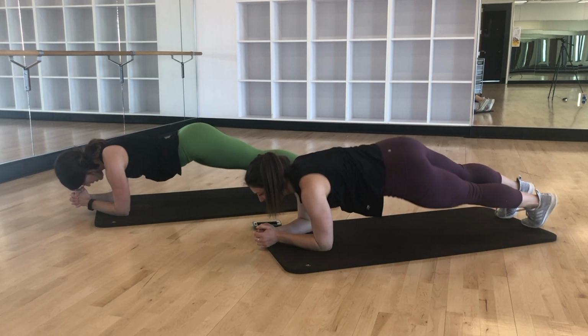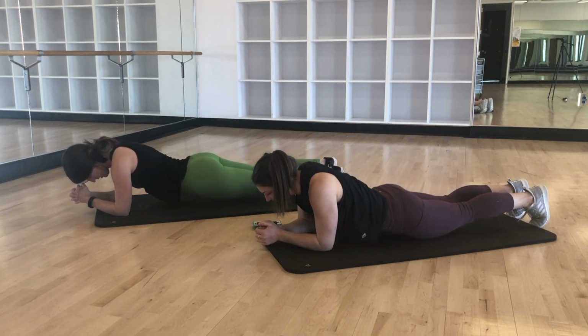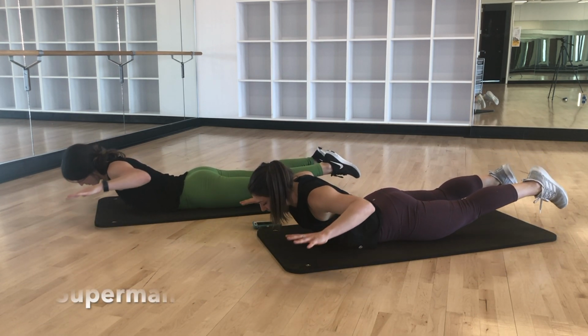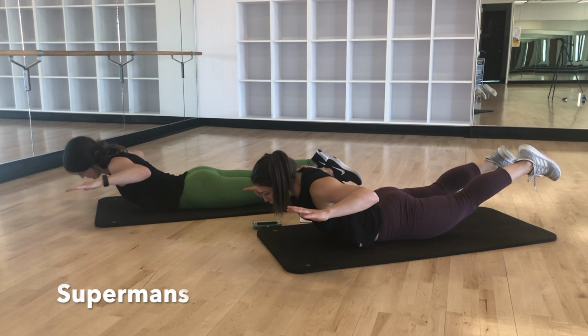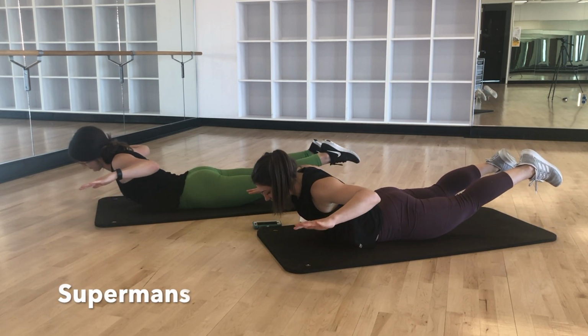5, 4, get ready for Supermans. Drop it down all the way to your stomach. Gazes towards the mat and let's go ahead, lift up, squeeze, and come down. Good, so quality is better than quantity here. I'd rather you hold for longer at the top because that's where you're using the muscles